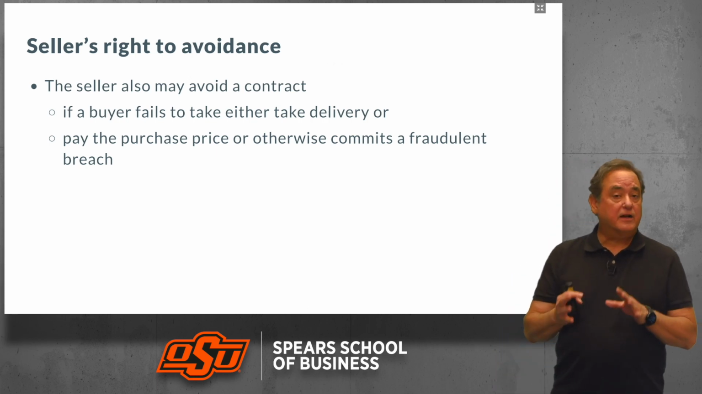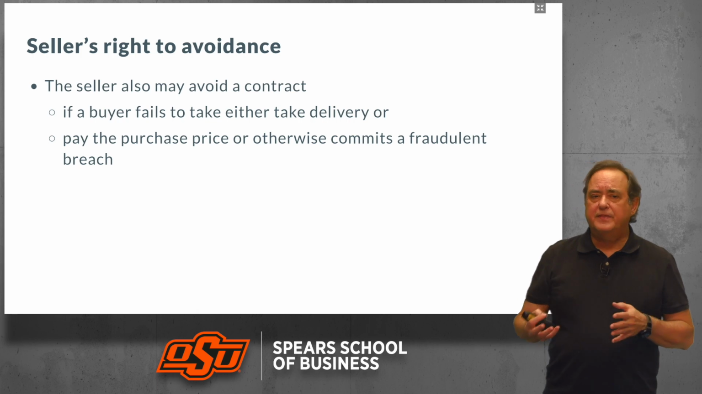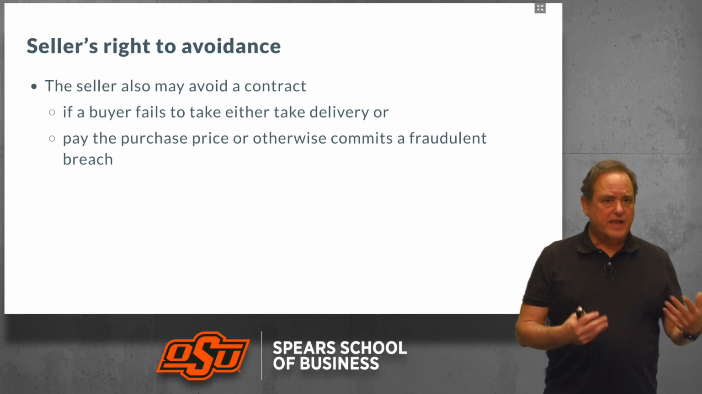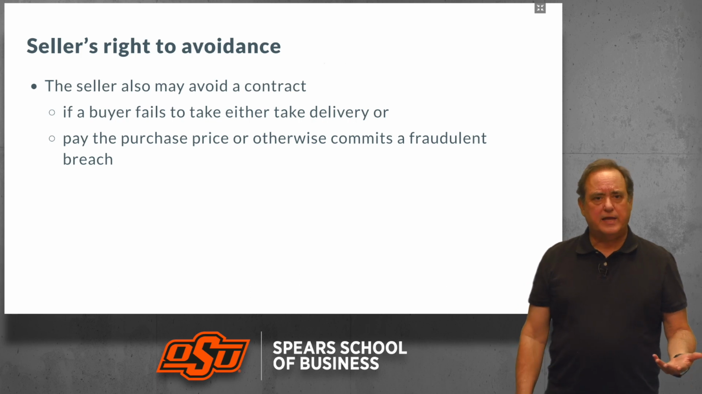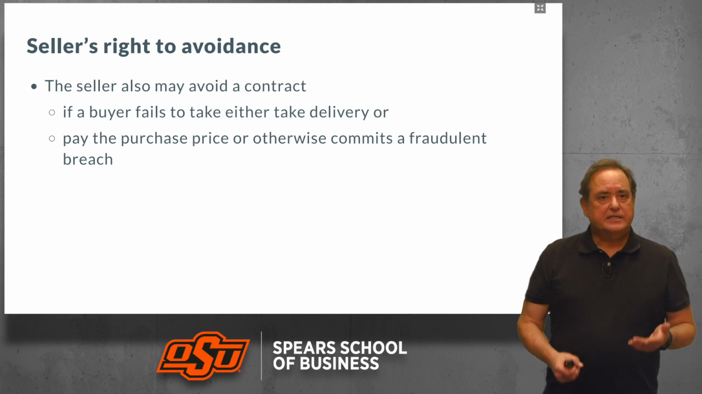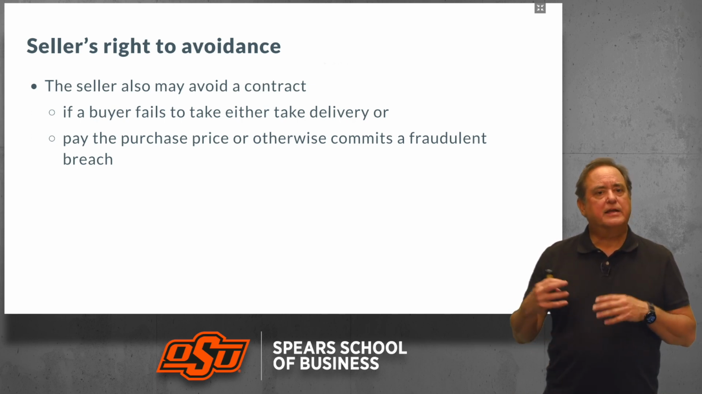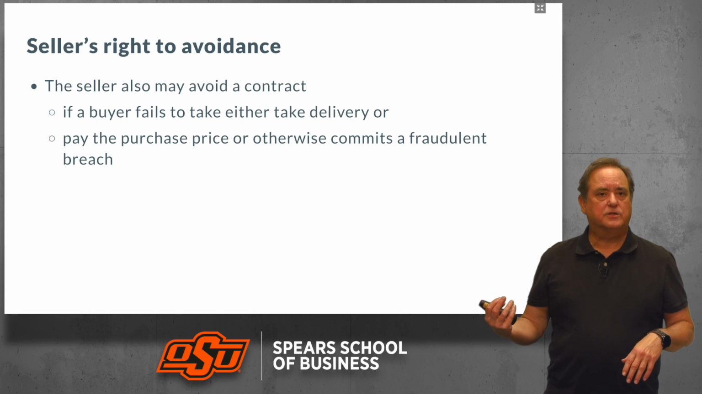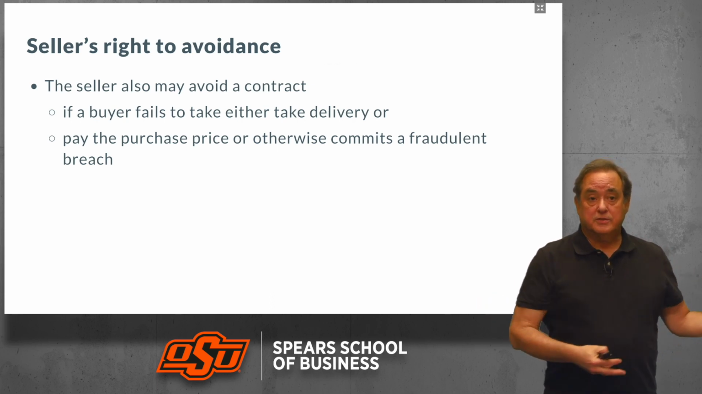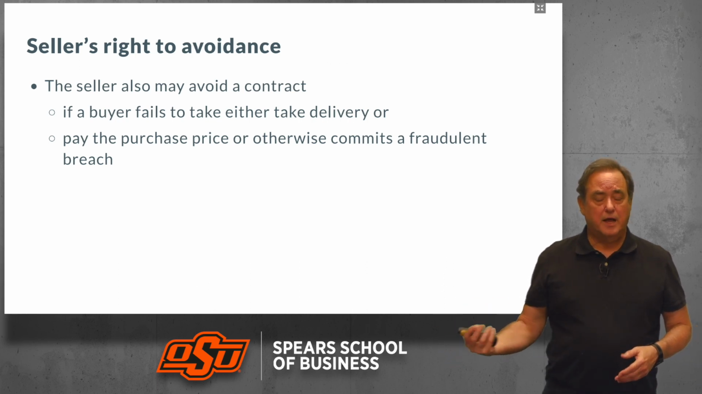Now I said a seller can also avoid a contract. Seller can avoid a contract if the buyer fails to take delivery or fails to pay the purchase price or other sort of fraudulent breach. In essence, what we are looking at is if there's a fundamental breach, the seller can also walk away from the contract. The seller may choose to do so because it turns out that the contract price is better than